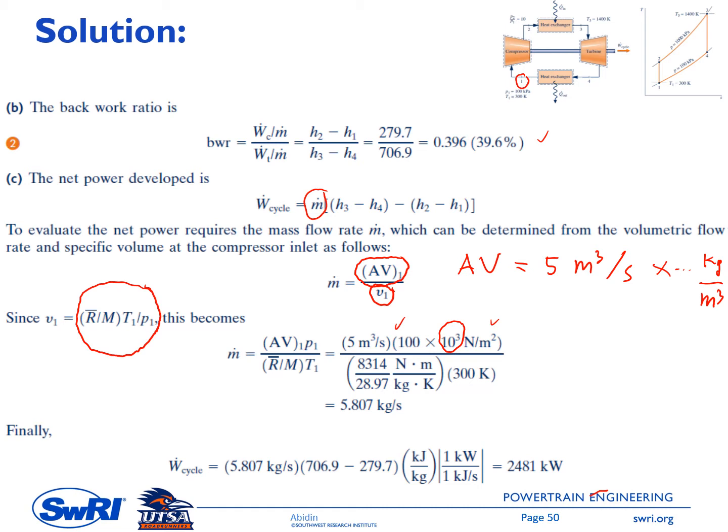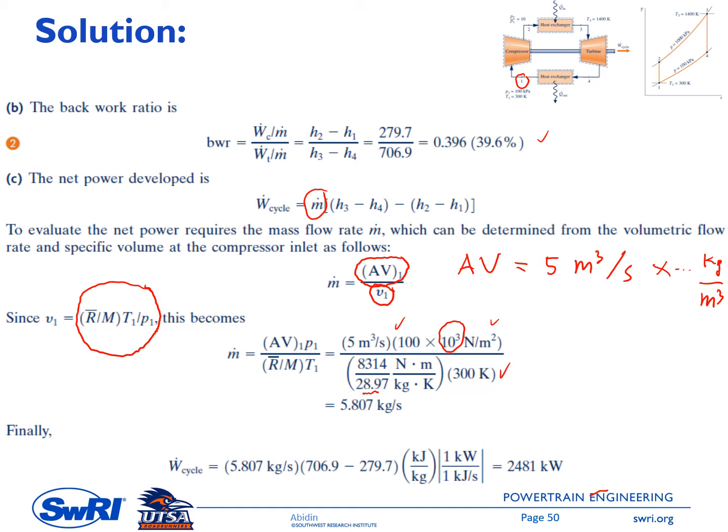And then R here is 8314, so they convert it to be joule per kilomole Kelvin, and then you need to convert kilomole to kilogram, therefore you need to divide R here by M, 28.97, and temperature is 300